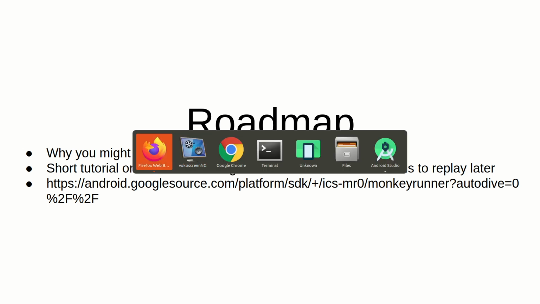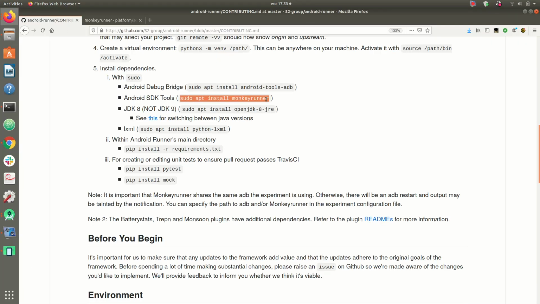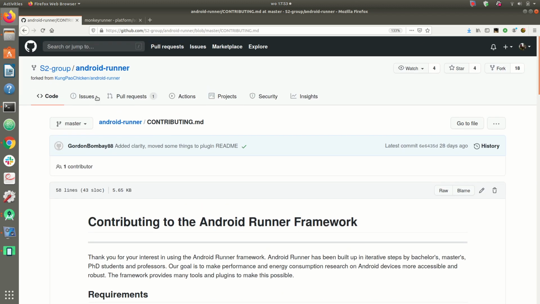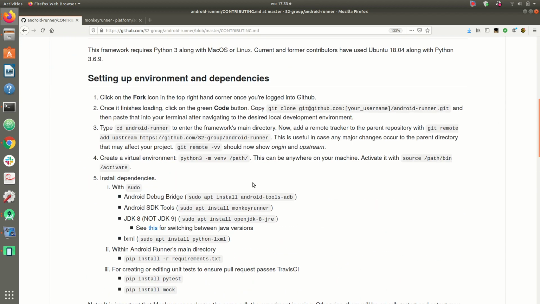If you haven't already, make sure that you have Monkey Runner installed. To do that, go to the framework's main page, find contributing.md, scroll down, copy and paste this command into your terminal, hit enter. Once that is installed,